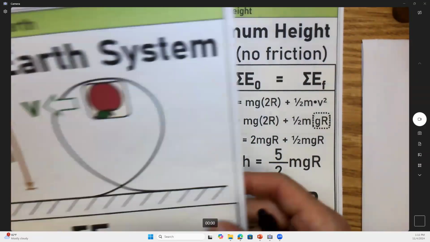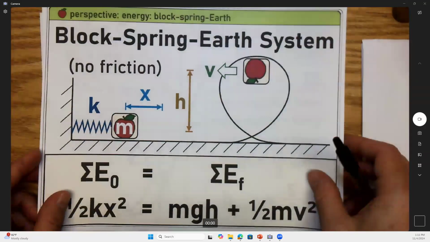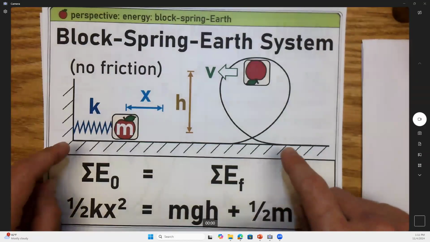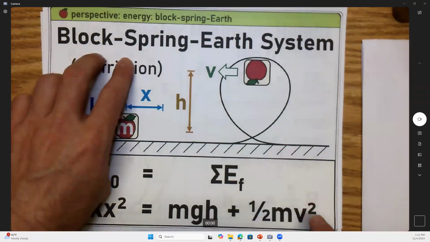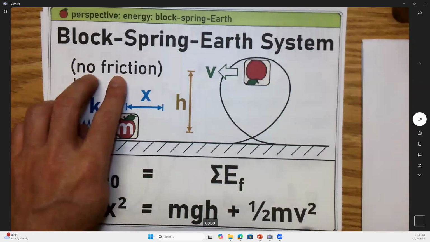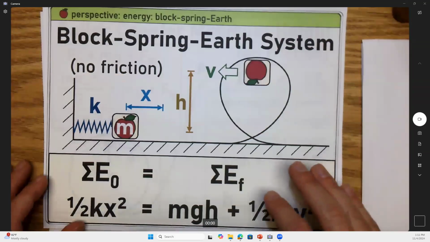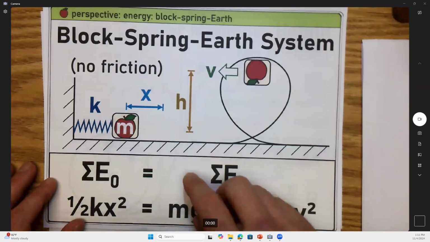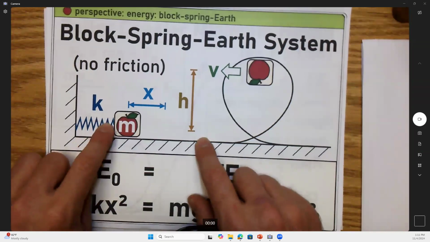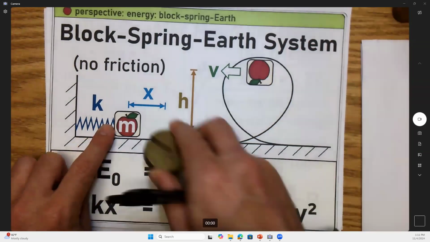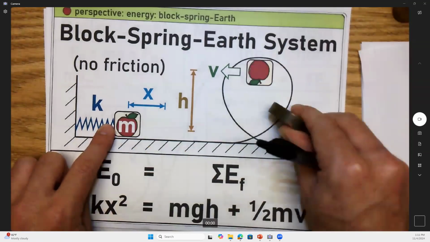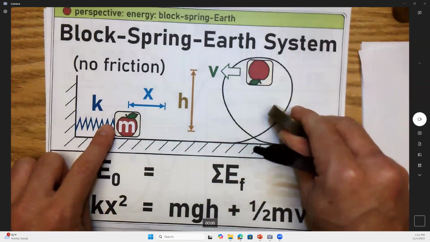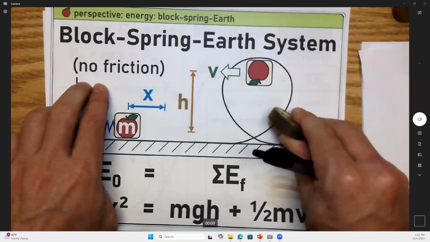Oh, actually, here, one more thing. There's one detail I forgot. I just want to fit this into this video. One last detail. So let's go back to this one. Do you guys see there was no friction on the track here too? No friction. What I forgot to mention is let's talk about the interaction between the track and the mass. You guys got that? As this mass is going around the track, is there a force from the track acting on the mass? Yeah, but it's not a friction force because that doesn't exist, at least in this example.